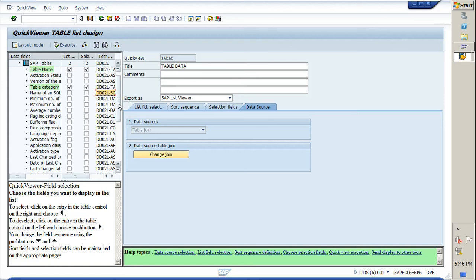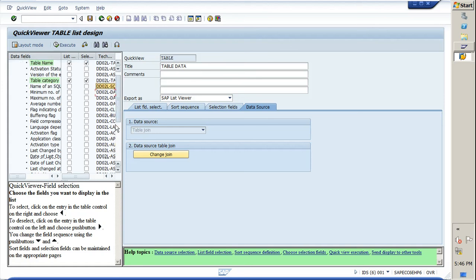From the second table, the text table, I have taken language as input because we have to select English language, and description as an output. We don't need to provide any input for that. I have taken all those things, saved it and executed it.